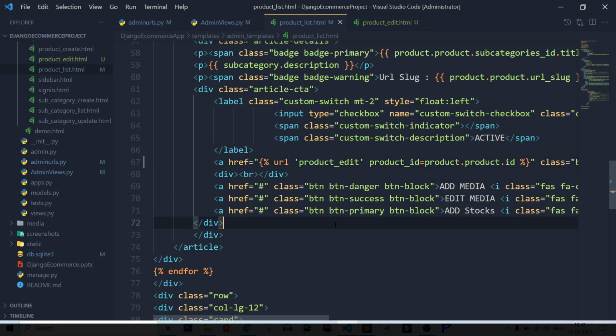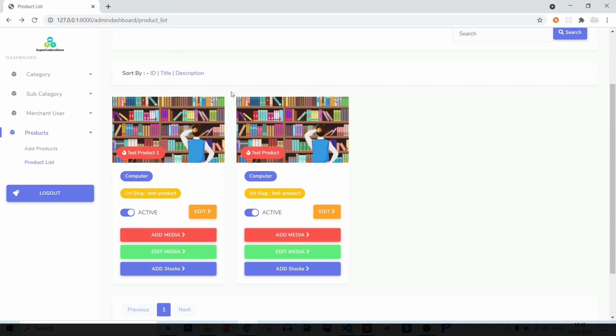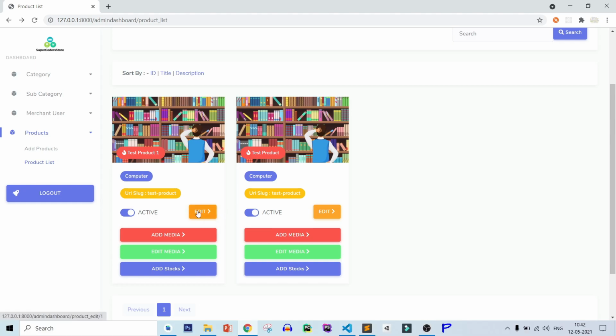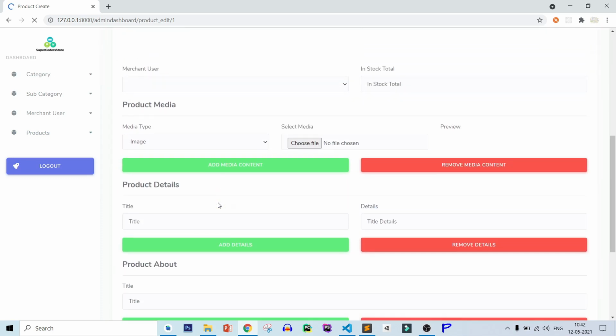Save this file, back to Chrome, refresh the page, and here you can see it is showing the product edit page. If I click on it here also, you can see it is working.